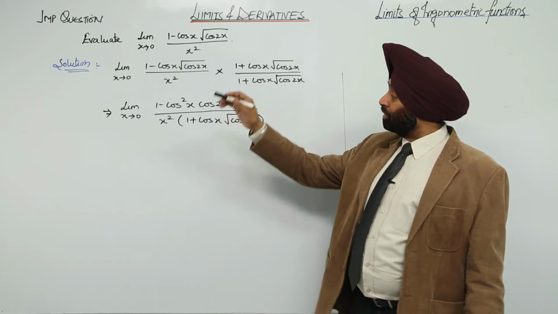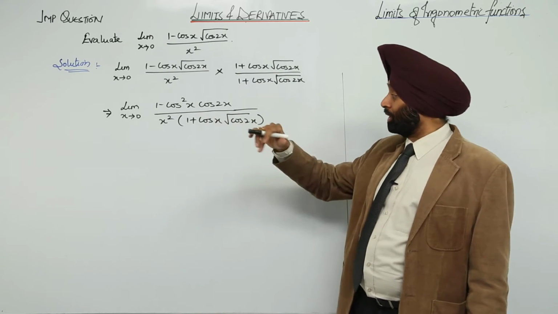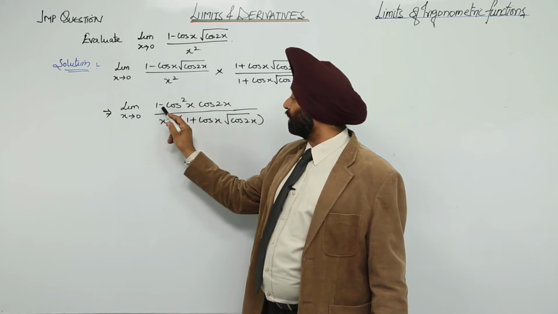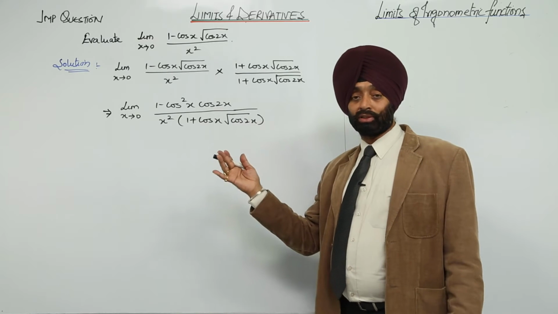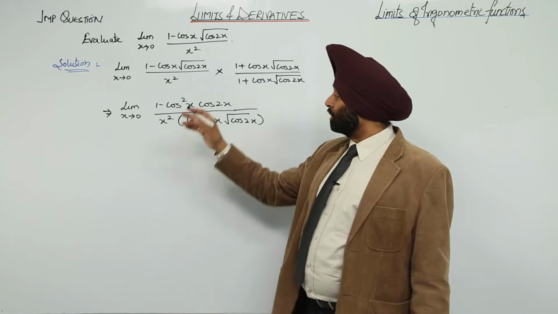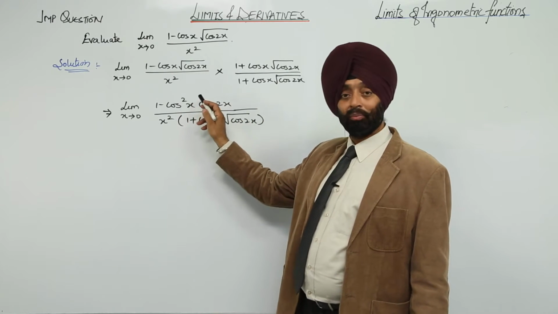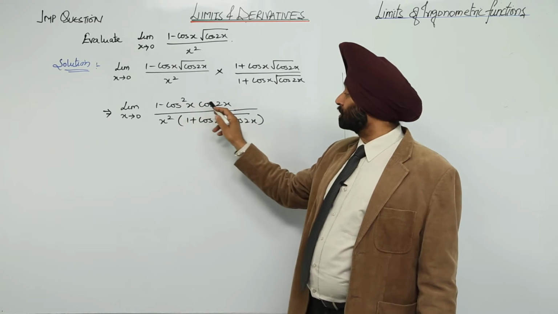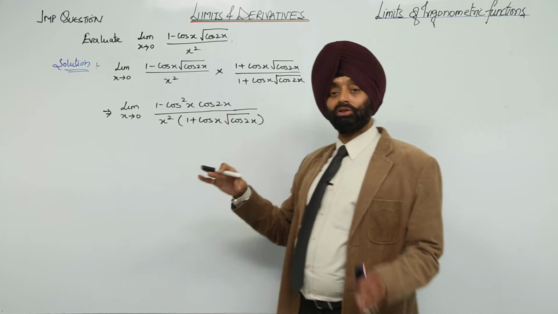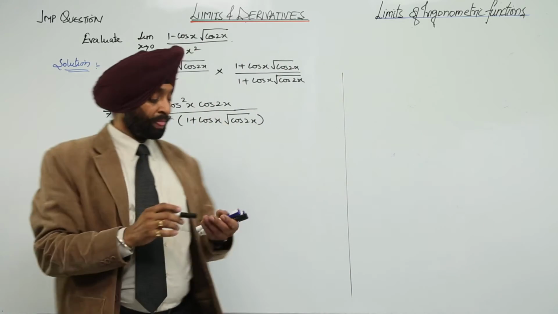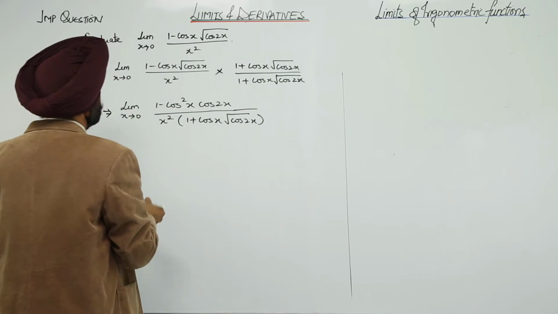Same here. Now, why is this question very important? Because when it is written 1 minus cos square x, then directly you are writing sin square x. But remember, this cos square x is not a separate thing. This cos square x is combined with the cos 2x. Only here the student goes wrong. Okay. So, now this becomes